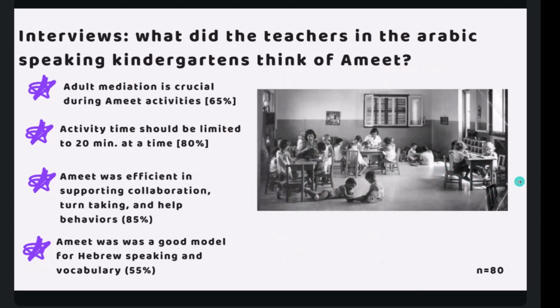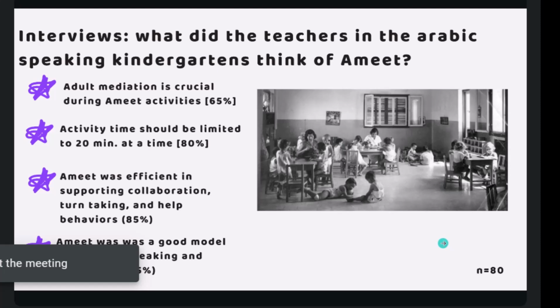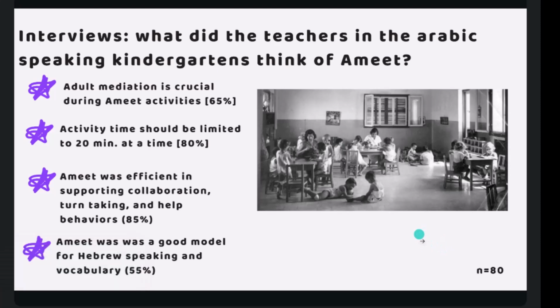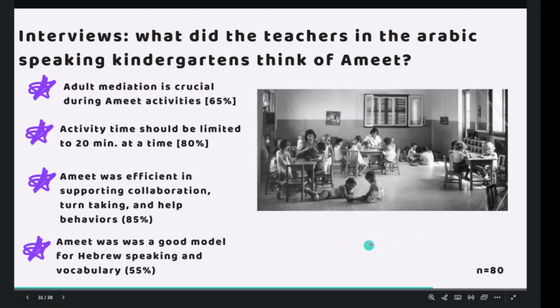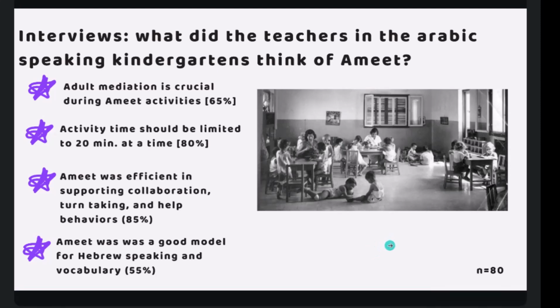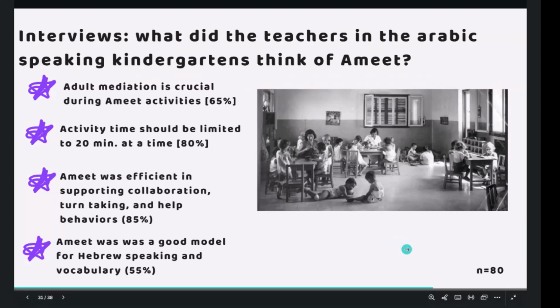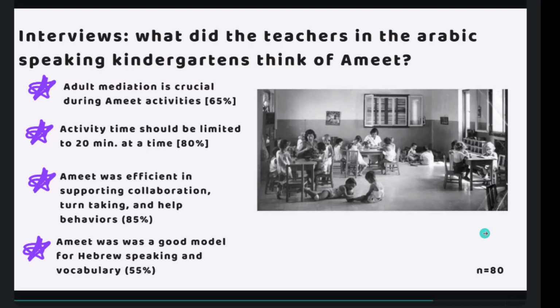And for the language teaching purpose, we interviewed the Arabic-speaking kindergarten teachers, and they, as all teachers, thought that human mediation was crucial during Amit activities. And we did see that in classes where teachers were more involved, they had a very positive welcome session for Amit, and we heard them explain to the kids that Amit is now a kindergarten member, and they explained the rules of interacting with Amit.